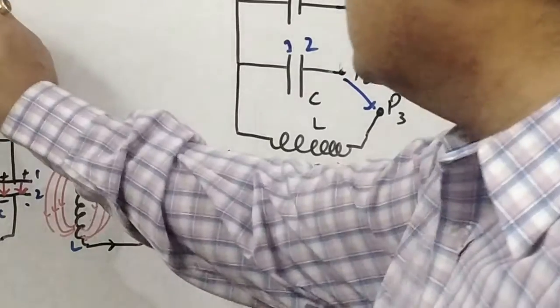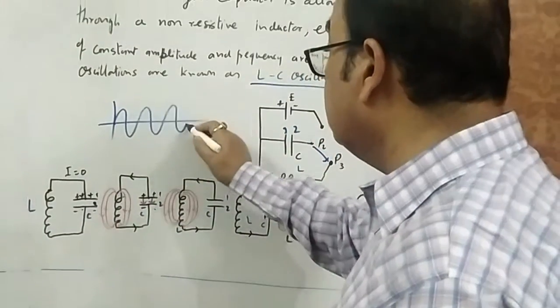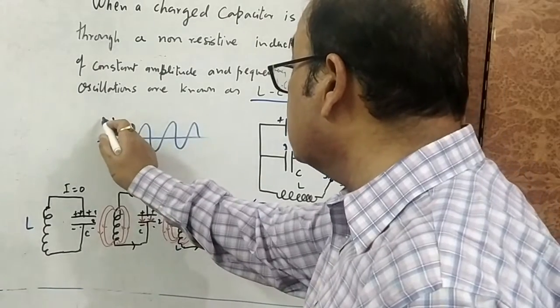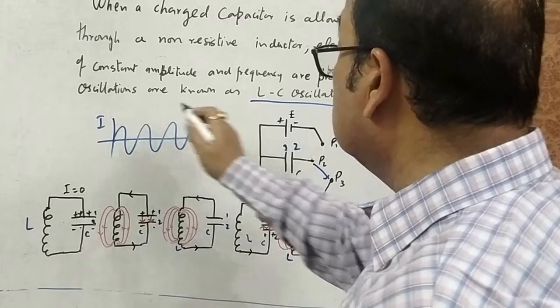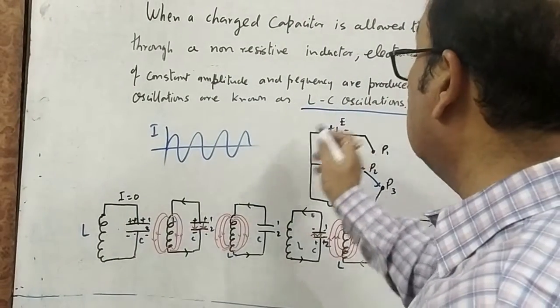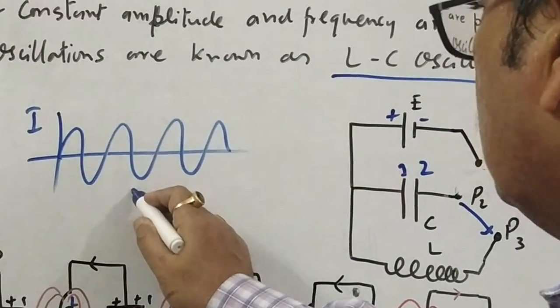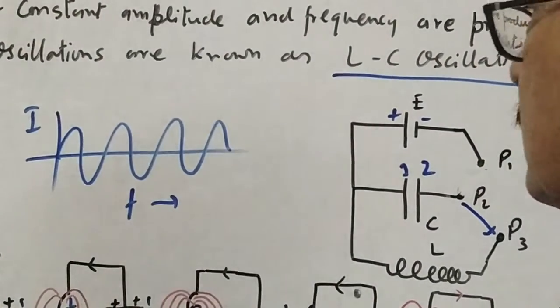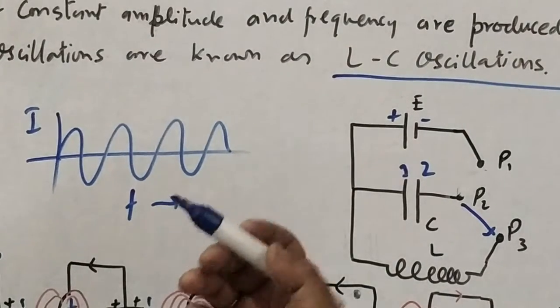तो आपको जो output इसमें मिलने वाला है, that will have a constant frequency like this, and this is what we call an induced current that will have constant amplitude and frequency. This is current of constant amplitude and this is your frequency. You can see this type of output will be produced along the inductor.